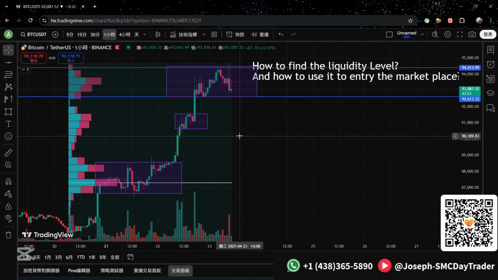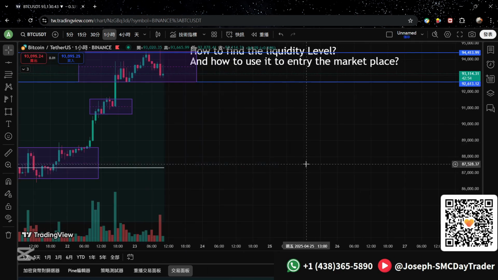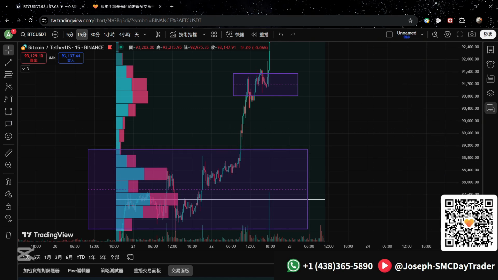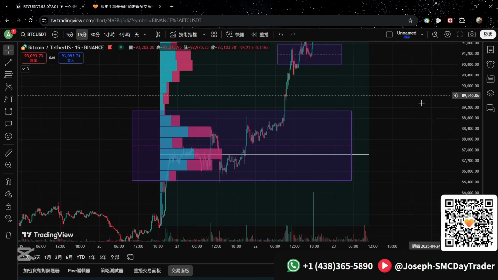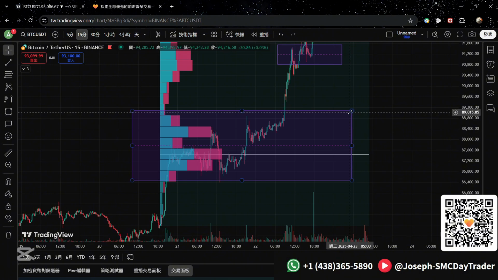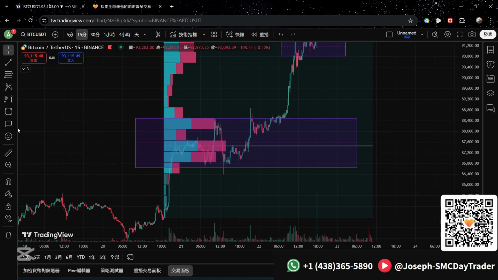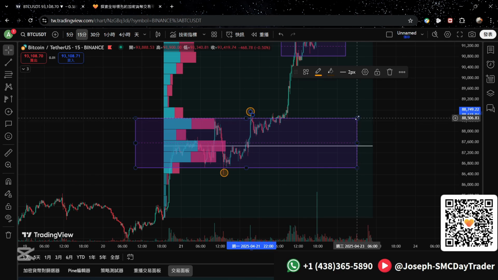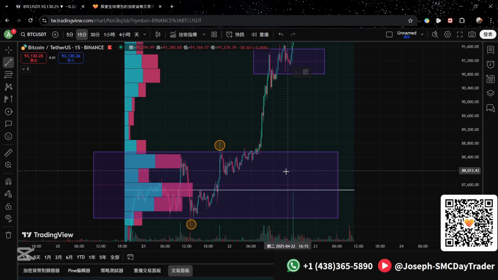Now, how do we use these three levels to enter the market and make profit? Take the first liquidity level, for example. First, we have to know the price is likely to take the liquidity before going to the next level of resistance or support. We can identify it by using these two shadows here. Here are two liquidity grabs. After grabbing the liquidity level, we can see the price going up